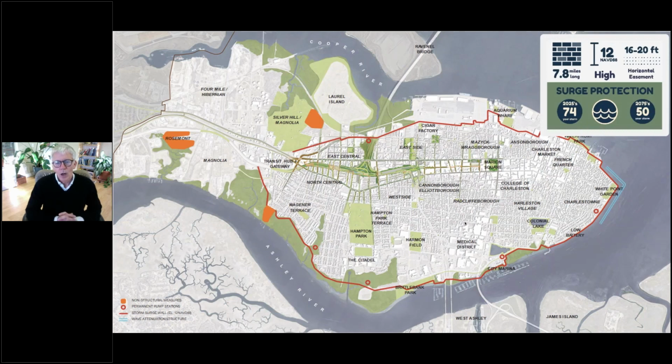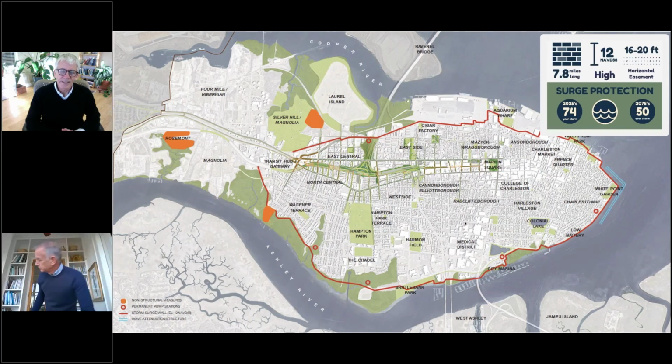Some facts about the wall. The wall would be approximately 7.8 miles long. It would be 12 feet above mean tide. In some cases, this is 12 feet vertical distance from the edge. In other cases, it'll be a little bit less due to an increase in topography. There would be a requirement of 16 to 20 feet of horizontal